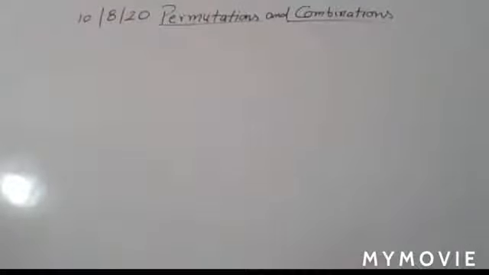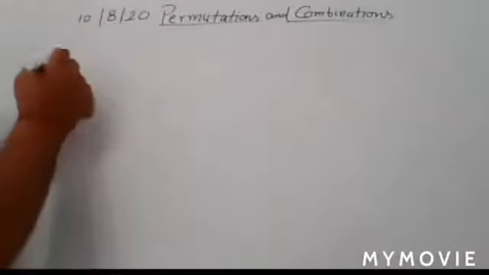So today we start your new chapter, which is permutation and combination. That is a very important chapter, for practical knowledge. Before we start the topic permutation and combination, you have to know about one notation that is known as factorial notation. So first of all, write the definition of factorial.